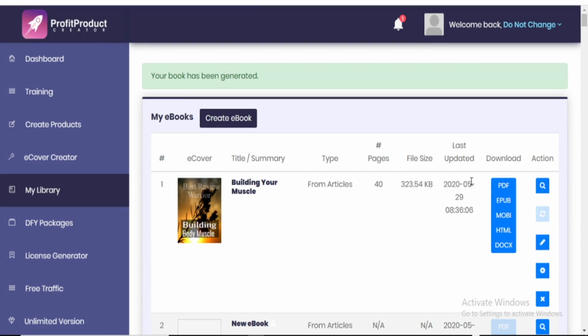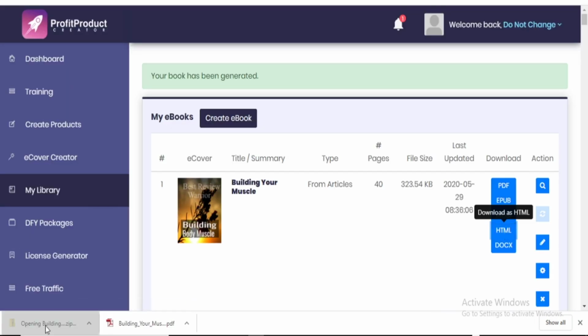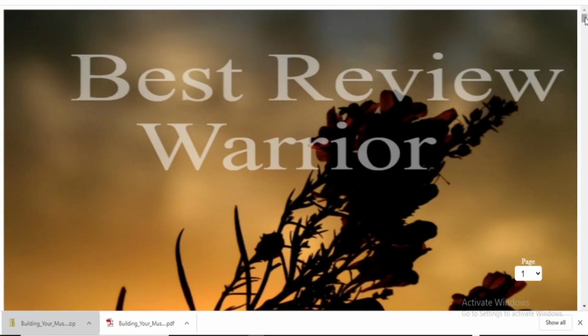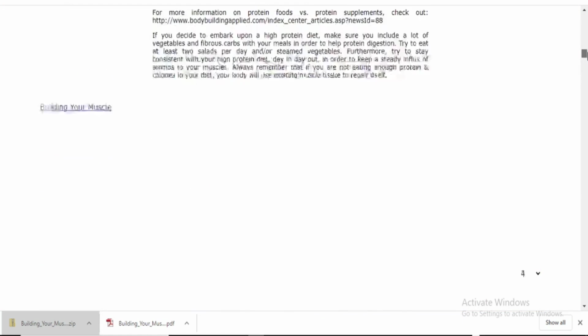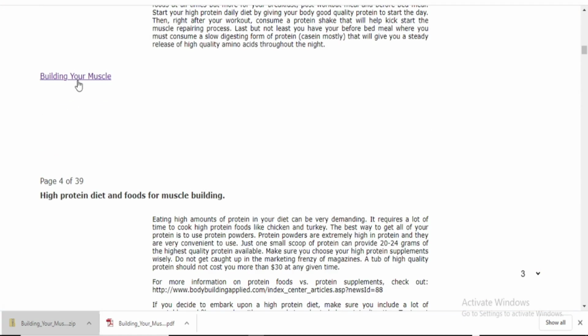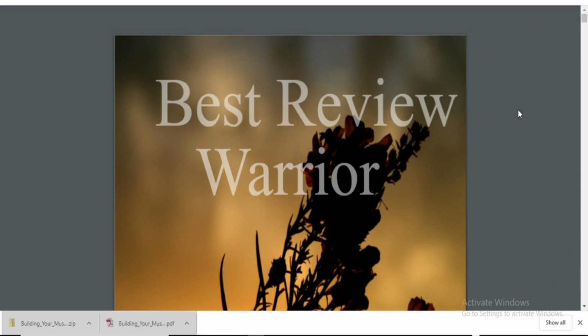We can download as a PDF. You can also download as a HTML file. Let's download that and see what it will look like. So you can see what it looks like as a HTML file. You can see there our link. Assuming you want, as you can see here, we have our link attached to this. Now this is also our PDF.